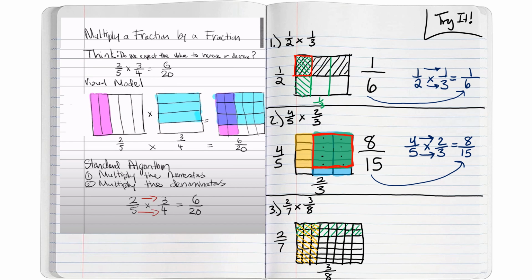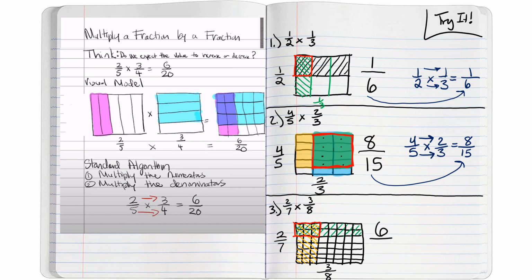There we go. Now, when I have lots of lines like this, it starts to get a little bit overwhelming. So it really helps my brain to grab that red that's really bright and box the spot where they overlap. I want to box the spot that represents the 2/7 and the 3/8 because I only want to take 3/8 of that 2/7. So I just boxed that to grab it, and I'm ready to figure out what it's worth. Our strategy has always been to count how many pieces are in that overlap area. So when I count 1, 2, 3, 4, 5, 6, I can see that for 2/7 times 3/8, I have